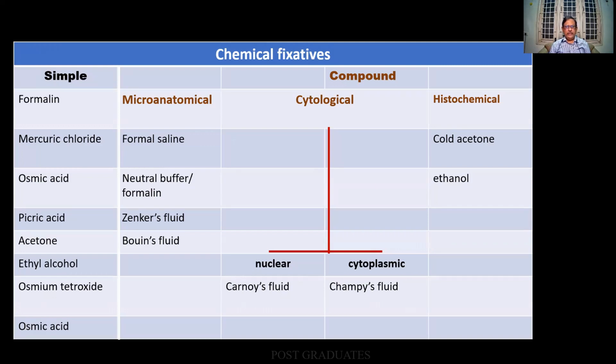This is a superb classification derived from the net, of course, and I would like you people to kindly classify it thus. Classification is an aid to orderly thinking. There can be a simple one, so just name the chemical and it is over there. Second one is a compound fixative, in which it can be a microanatomical, cytological, or histochemical fixative. Accordingly, you have got these. So this particular one, I would like you people to kindly memorize.